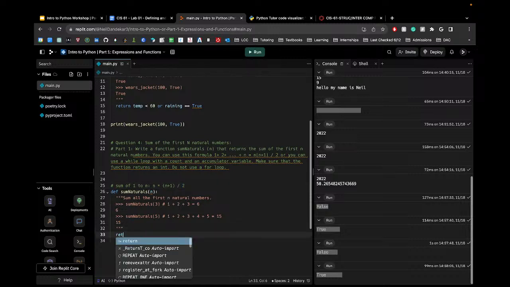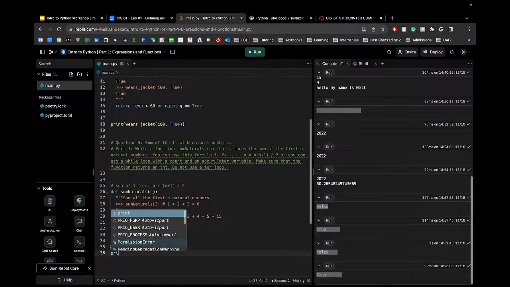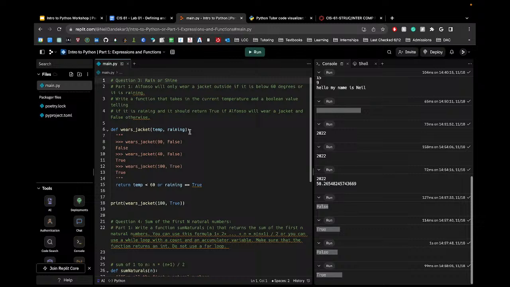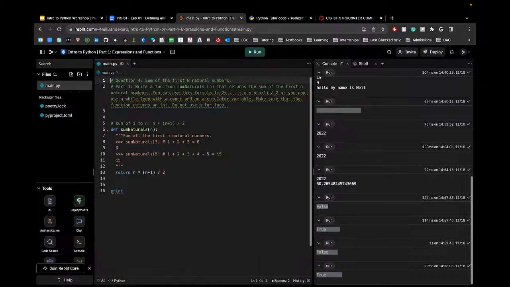So in this case, I would just return n times n plus 1 over 2. And say if I wanted to see the value of what this would give me here, I can just print it out. So print sum